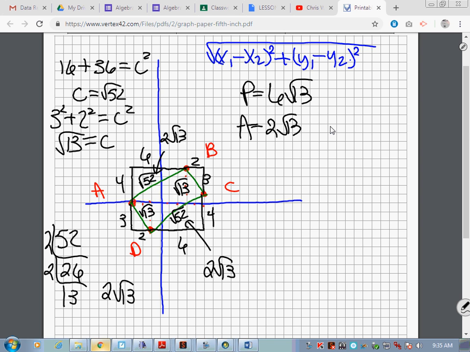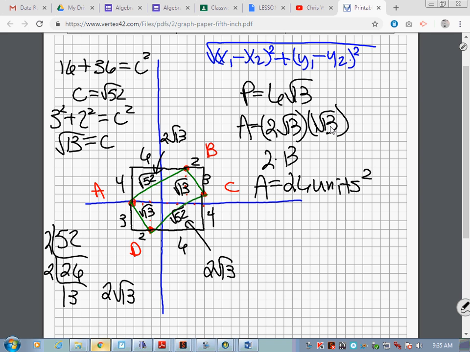Good job. 2 radical 13 times radical 13. Okay, well 2 times 1 is 2, right? Because there's a 1 there. What's radical 13 times radical 13? So what's 2 times 13? So area equals 26, and I'm not giving you anything there, it's just units